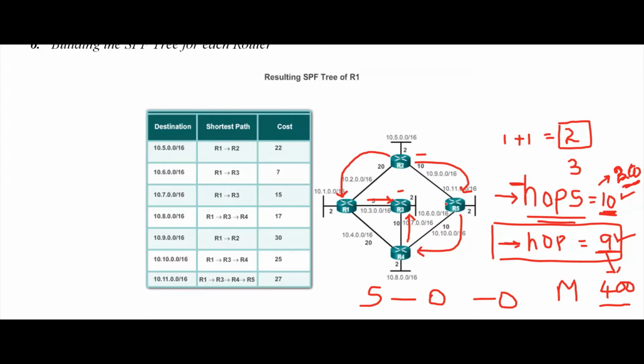That's it, because they are directly connected. R1 has the knowledge of R2, R4, and R3. R5 will have the knowledge of R2 and R4. Only directly connected routers, they know.